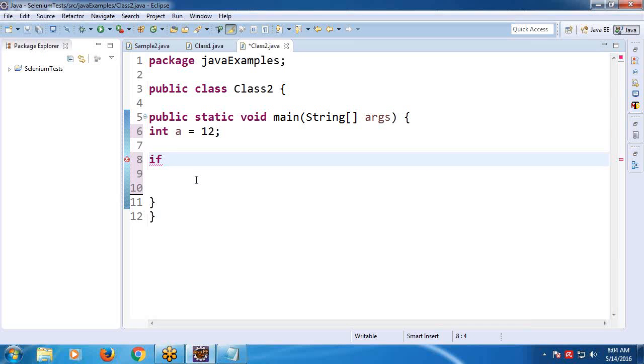Compound condition required. If A is greater than 1,